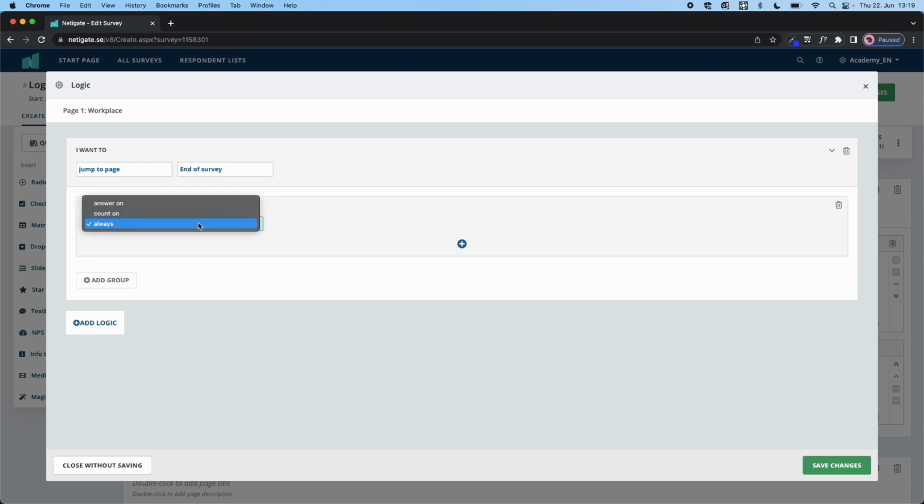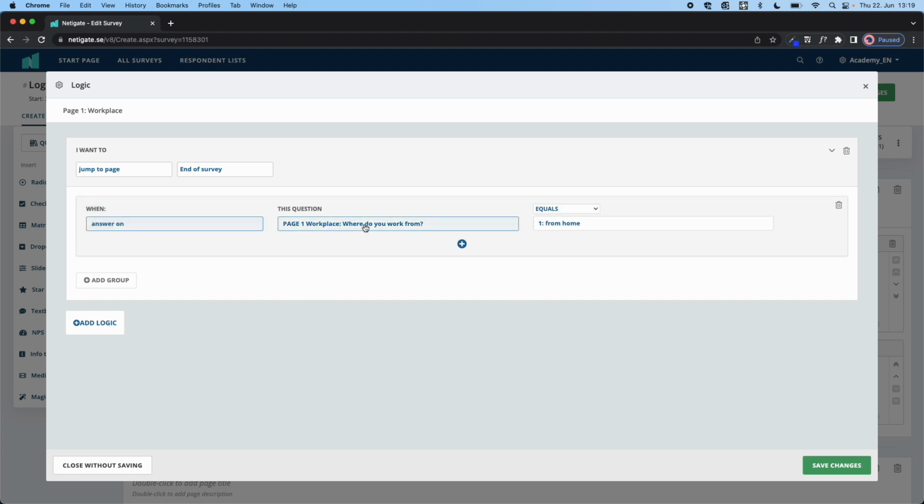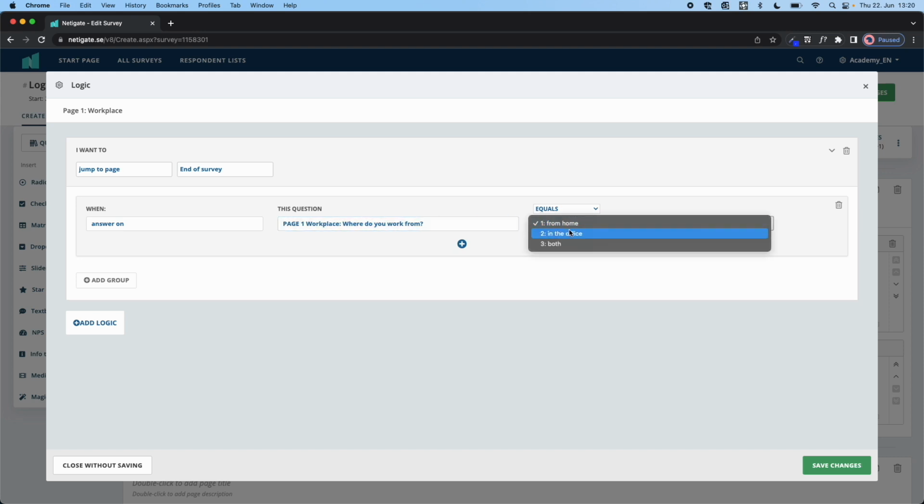And now we're entering when this is supposed to happen. So when the answer on where do you work from equals from home. Here in this dropdown, we can choose equals, less than, greater than, is different from, and in this case, we want them to jump to the end of the survey if the answer to where do you work from is from home. If they say from the office or both, then they should go on to page number 2 and